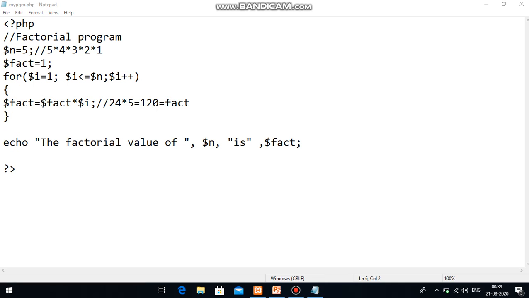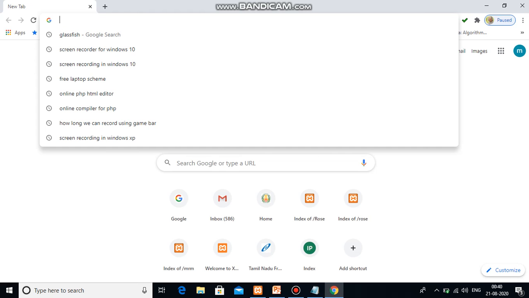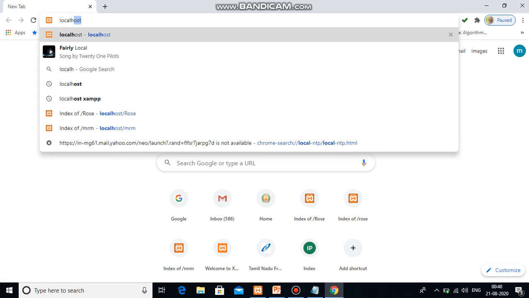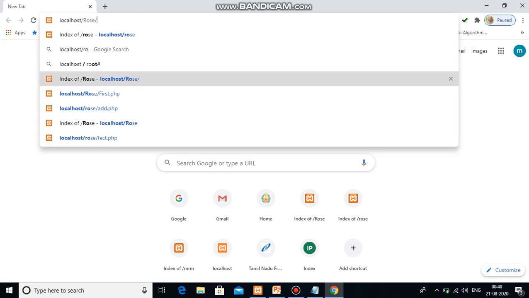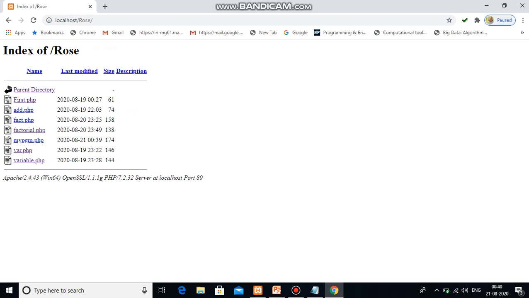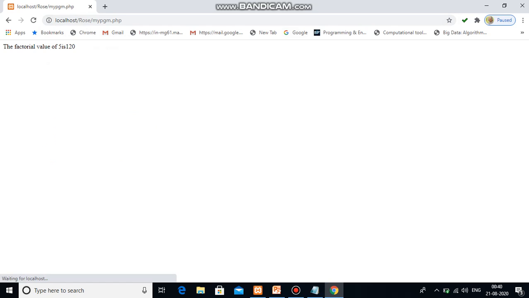I'm just opening Google Chrome. How do you open your local XAMPP server? Using localhost, and your folder name is rows: localhost/rows. My file name is myprogram.php. So it shows the output, the factorial value